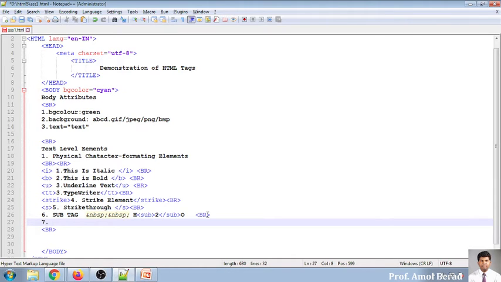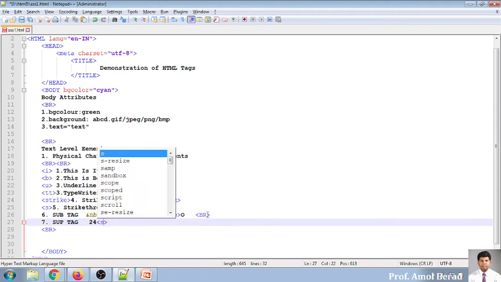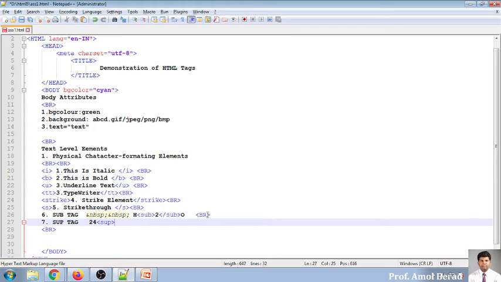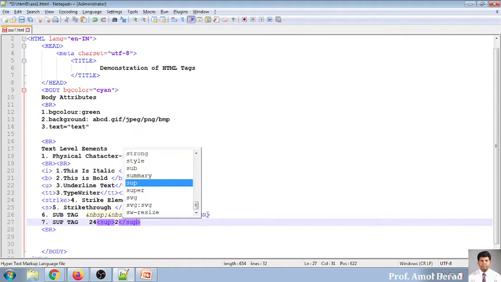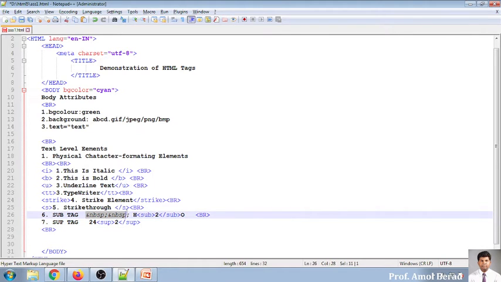We'll say it as super, SUP tag. Now super is used for displaying something raised, like 2 raised to 4. So I want to display like this. So I will be using SUP. This tag will help us to display the super part.